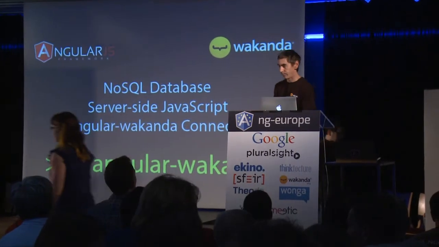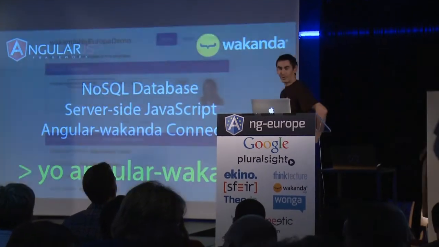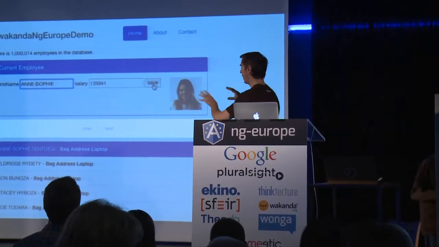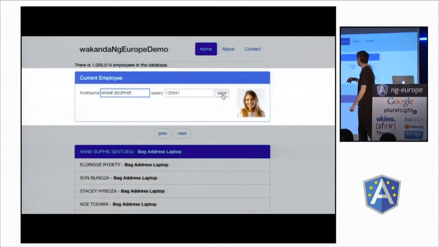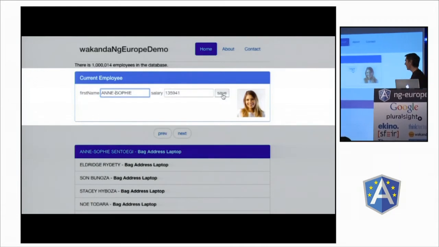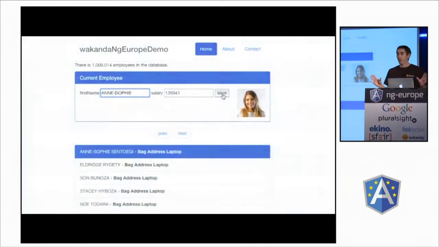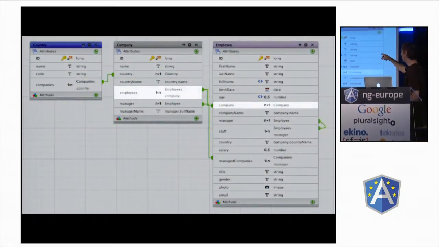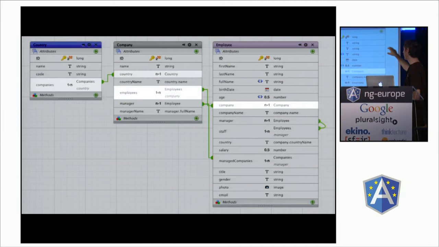We saw a few minutes ago, 2 hours ago, okay, Wakanda with a little demo where we did some pagination, so we scrolled the data, and we could do some updates. So, kind of a simple application. Now we go a little further. We had a little relationship between a company and an employee.